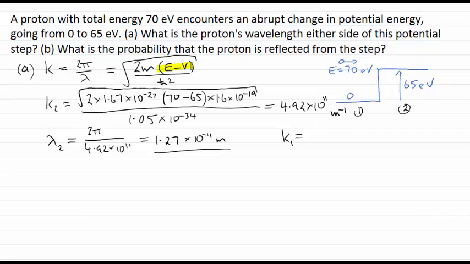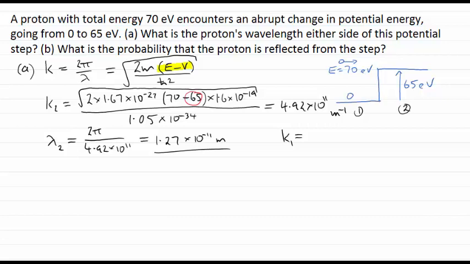And in fact, when we do this calculation for K1, this minus 65 shouldn't be there because 65 electron volts isn't the potential energy in region 1. That actually should be 0 in there. So we can essentially repeat the details of that calculation, but instead of multiplying 70 minus 65 in there, we'll just multiply by 70 minus 0. And if you do that calculation, and you might like to pause the video and actually do that calculation yourself,